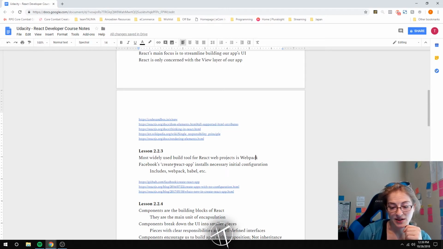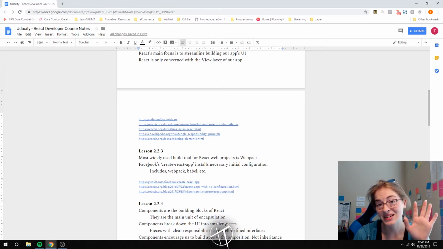Facebook has an NPM package, or I guess you could also call it a Yarn package. I didn't know this, but apparently Facebook created Yarn, and there are some differences between Yarn and NPM. Like, I think a key difference that got brought up is they use a different registry. It didn't get brought up in the class. I did some additional reading and then whatever. I don't exactly know what I'm talking about. I don't know a whole bunch about the package management tools and systems, but what you can do is you